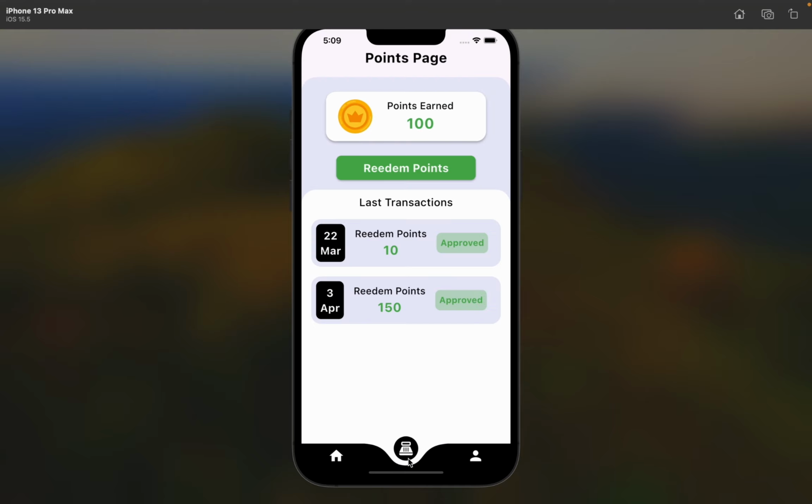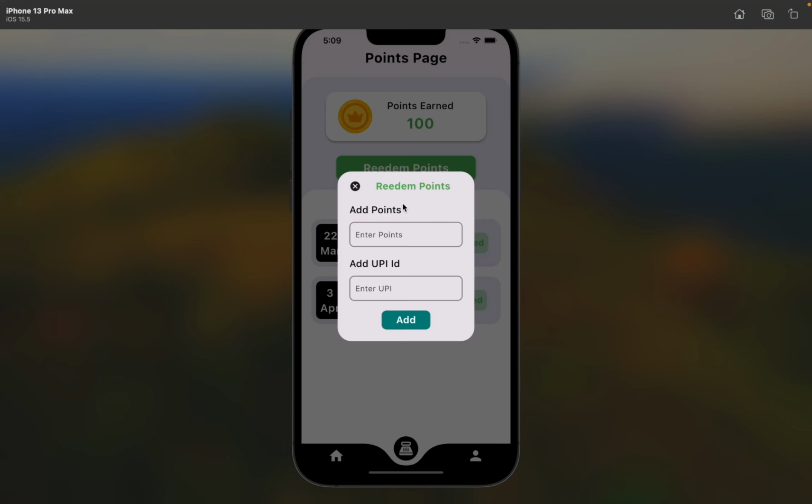So here we'll move to the points page, and you can see that in our app we have done something like this. If the admin approves one item, then we are going to add 100 points. Each time we are going to add 100 points on the user side. So here you can see that the points the user has earned show 100. Now if I want to redeem 15 points, I'll click this redeem points, and in the add point field I will add how many points I need to redeem, and I need to add a